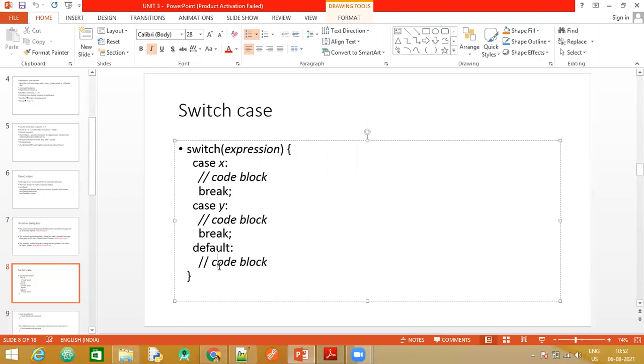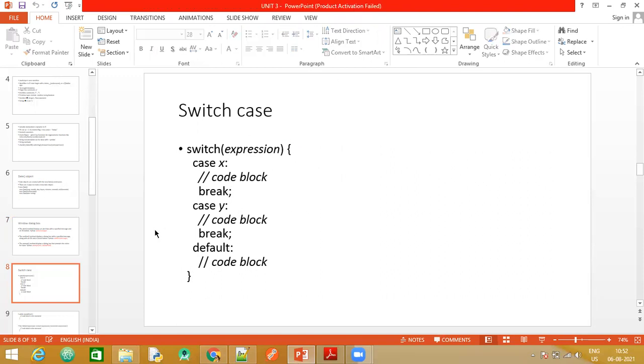So you can see the syntax is pretty much the same. You have different cases and a default case which end with a colon, and the entire thing is enclosed in braces. So this is the syntax for the switch case.